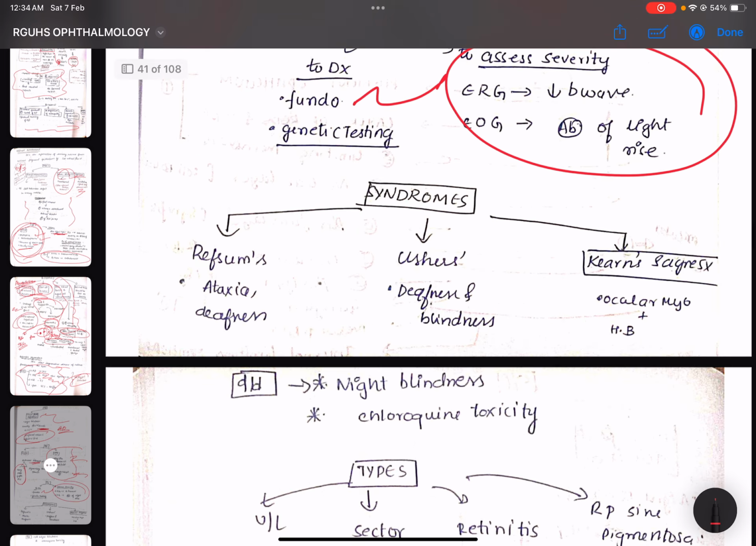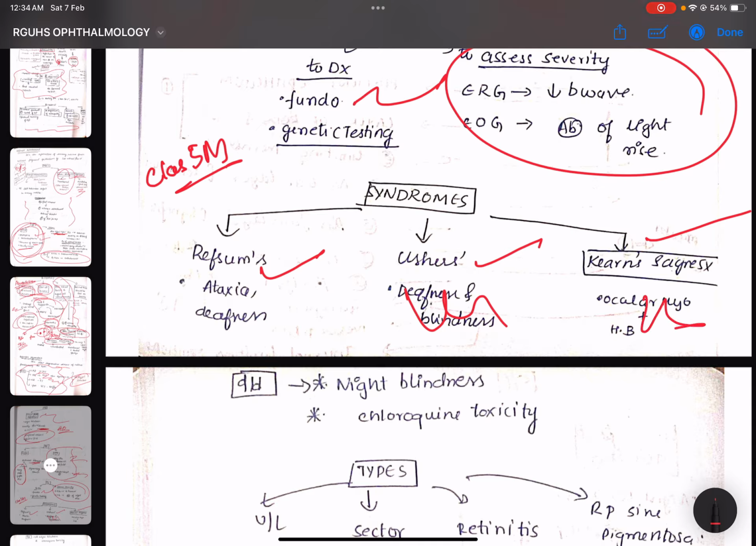And these are the three symptoms. If it's part of a 3 marker or a 5 marker, they might ask what are the three symptoms associated with RP. So I have to talk about Refsum's disease, Usher syndrome, and Kearns-Sayre syndrome. This part is not necessary, but if you want to score more, you can write. But remember at least